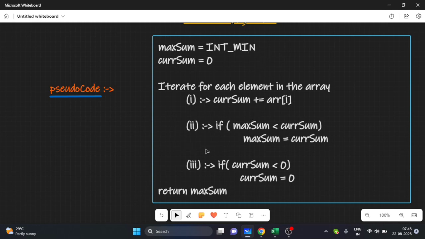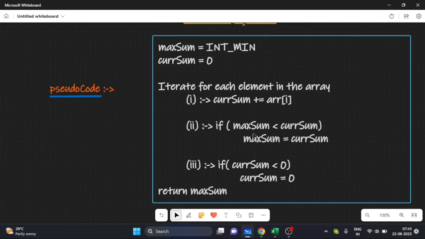As you can see in the second step of this algorithm, every time I am getting a better sum than the sum which I have got previously, I am simply updating that maximum sum to that particular value. So that is why initially I have initialized the minimum possible value, so that every time I get a better value or a greater value, I will just